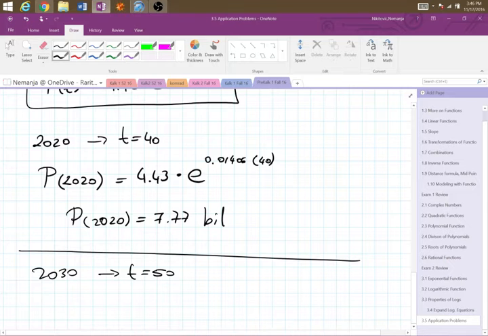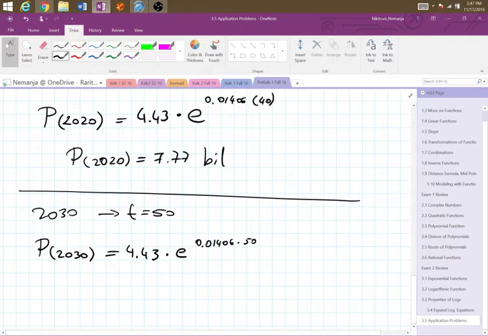No, we use the same equation, just change 40 for 50, that's all. And depending on how well you use your calculator, you can plug all of this at once. It goes 4.43 times, you type in E, then you do the little caret, and then you open parenthesis, and you go 0.01406 times 50. Everything can be done in one